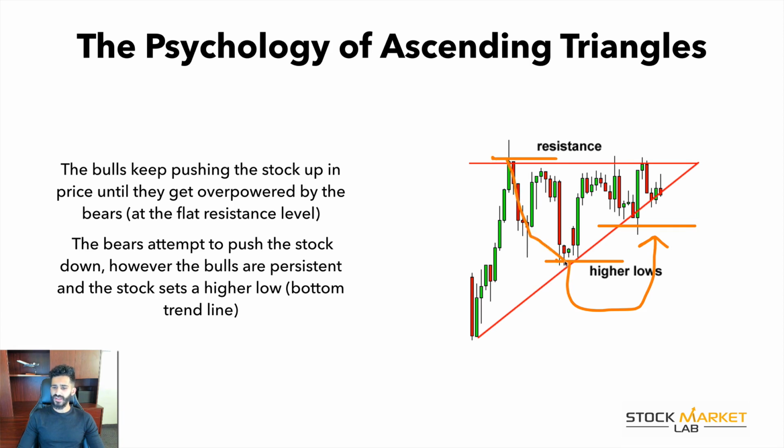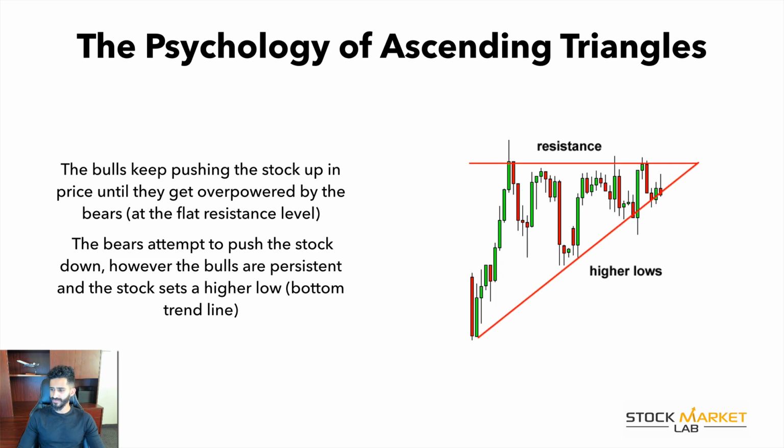As it gets rejected, they step in higher and higher. If you notice something, it's not perfect. It's never going to be perfect, but the idea is as this range gets tighter and tighter, that showcases that the buyers are getting stronger, right? There's sellers here, buyers are getting stronger, but the trade does not kick in until we see a strong break